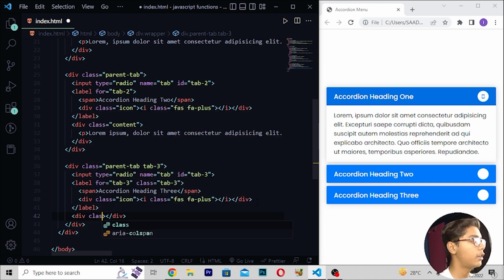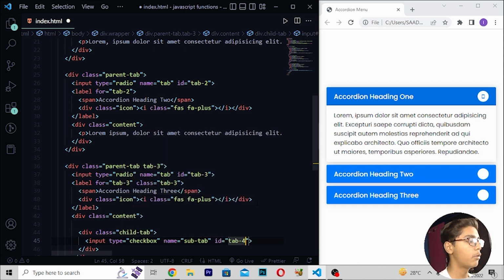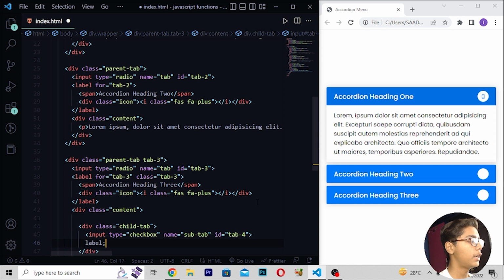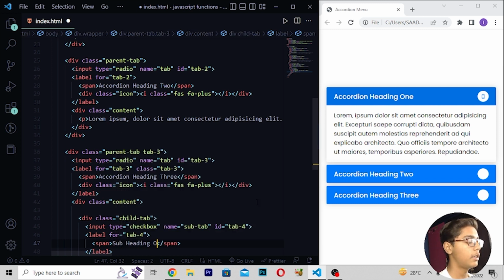moving down, right here div class, and then here I will be writing content here, then you have to move down, right here div class, then here you have to write child dash, then here I'll be writing tab, then you have to move down and write here input checkbox, then here I will be writing name is equals to sub tab like this, then right here id is equals to tab 4, then you have to just move down, right here label for tab 4, then you have to move down, right here span sub, then here I will be now writing subheading like this, then right here 1,